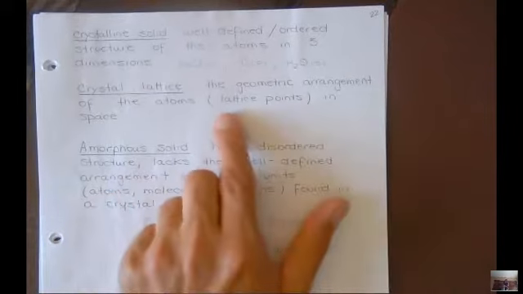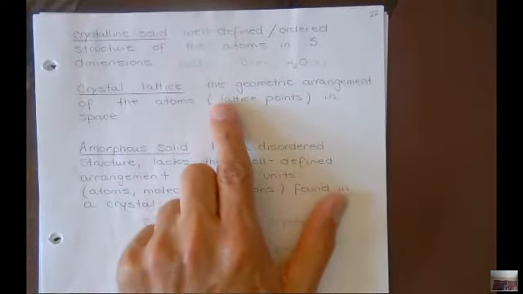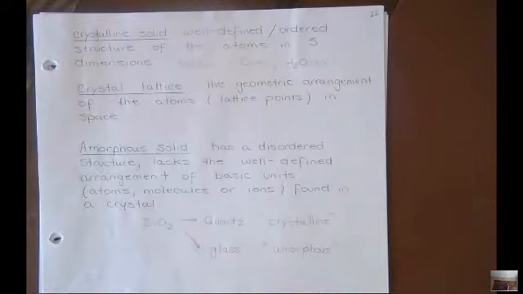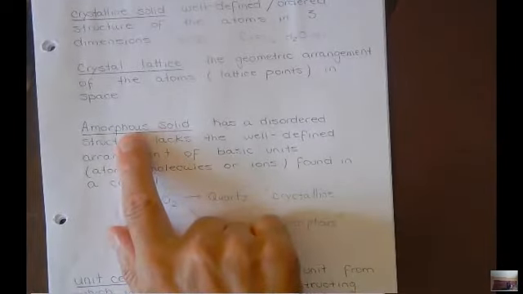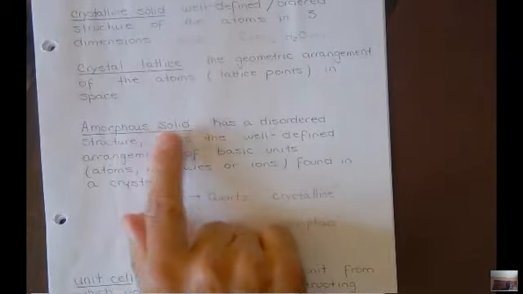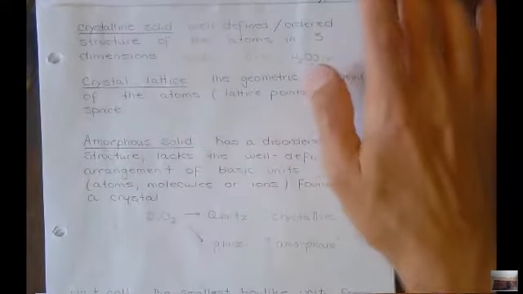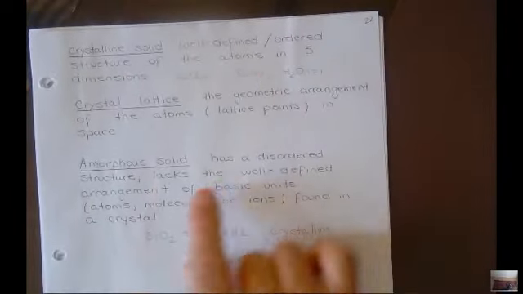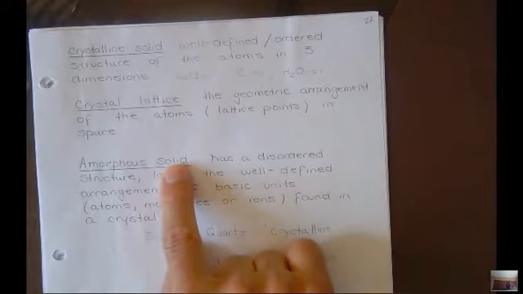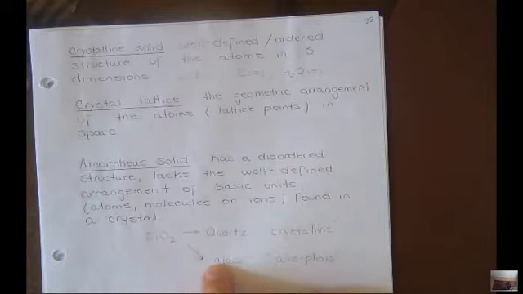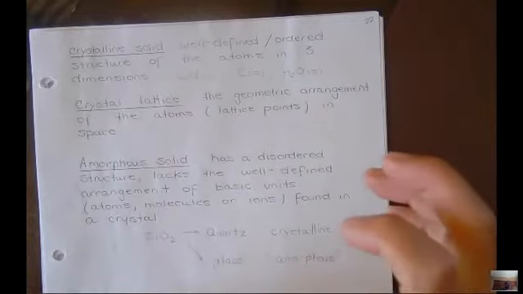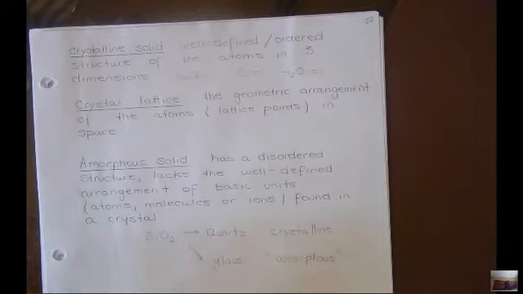Last term is sometimes we use the word crystal lattice. So crystal lattice is the geometric arrangement of atoms called the lattice points in space. Once in a while, you can get this weird state of solid, which is called an amorphous solid. An amorphous solid is unusual. An amorphous solid was in the liquid state, and it was flash frozen so quickly that the individual atoms or ions or molecules didn't have time to get in their